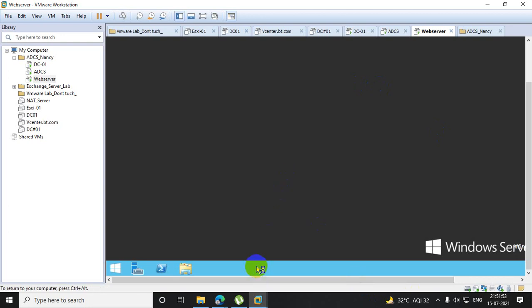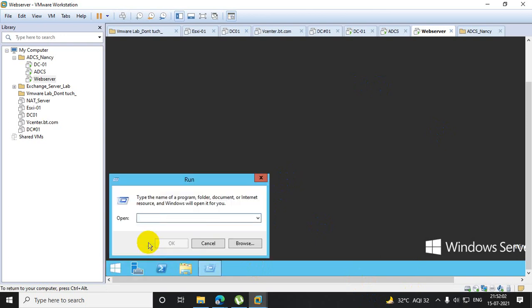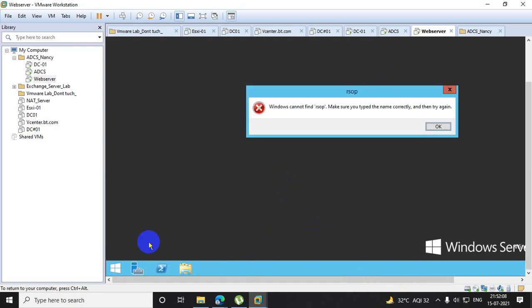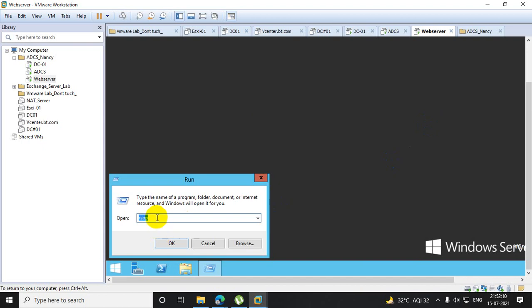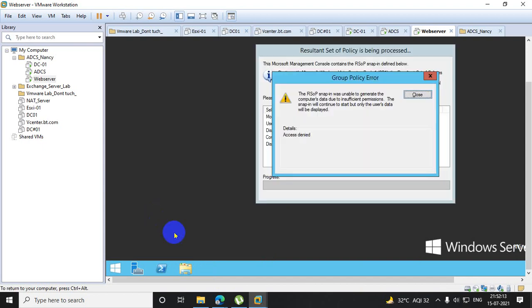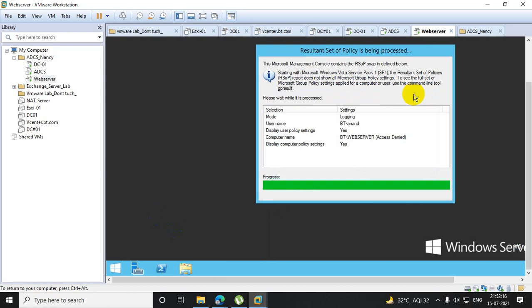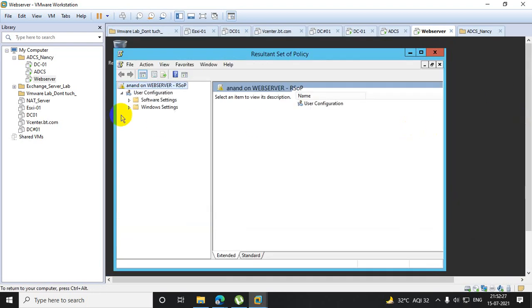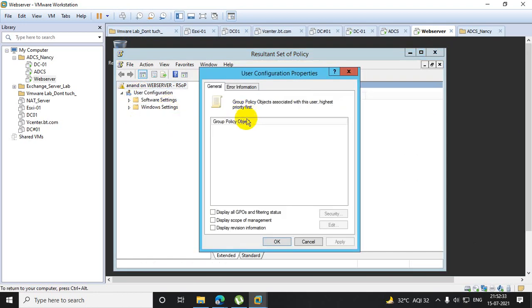That means if you block in the mediator OU, then the sub OU is also not working. So let's see RSOP. Why?